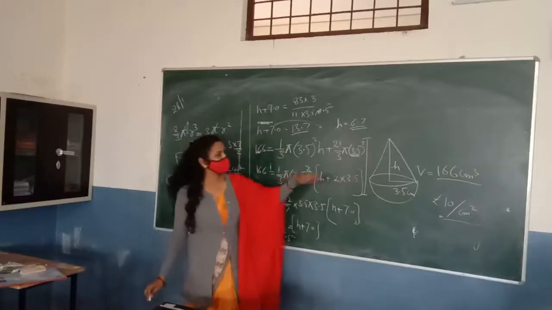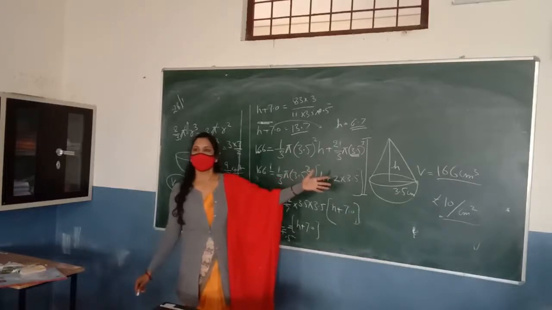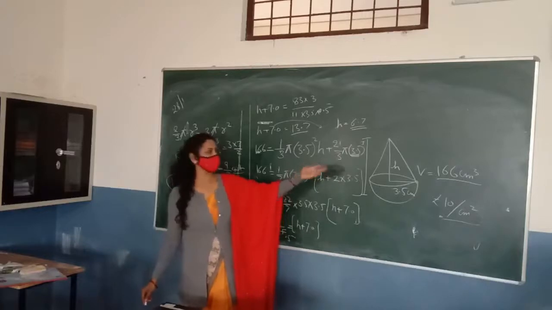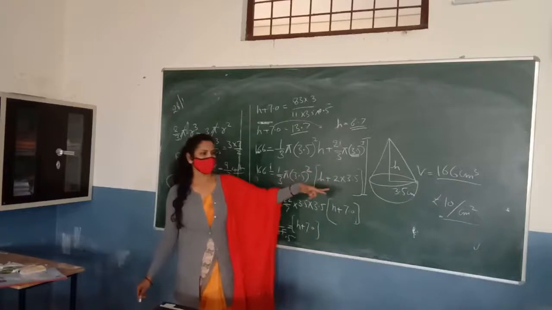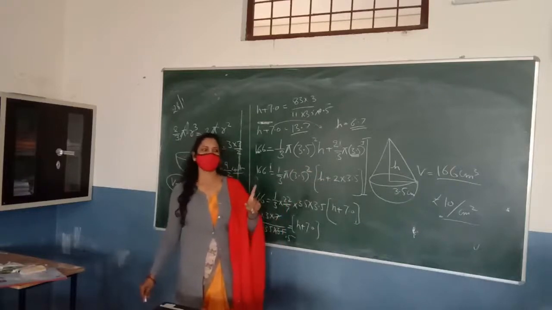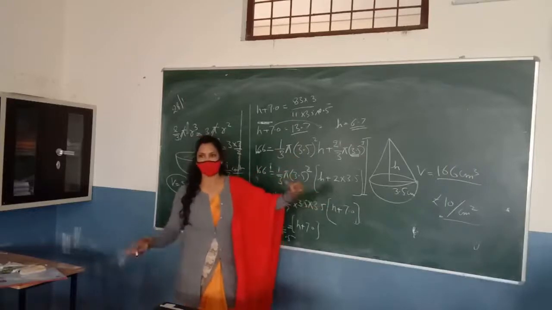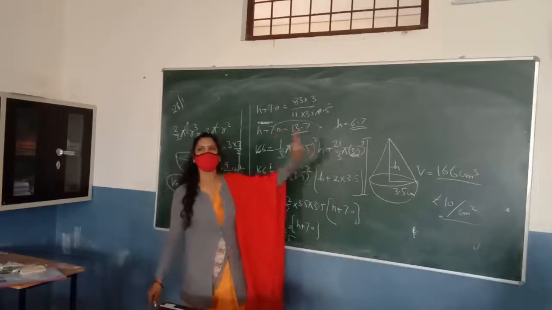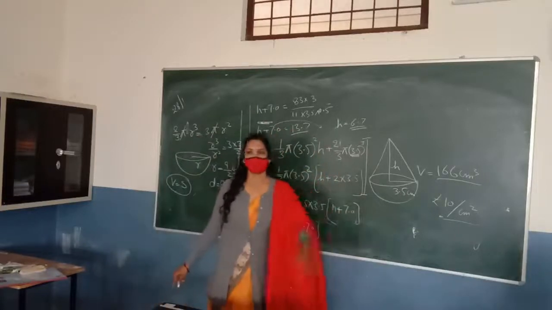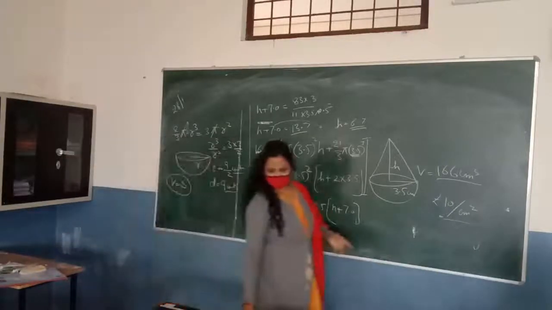Now you want to paint this toy. So what will you do? Yes, you will get the surface area of the figure. And what is the surface area of this figure? Surface area of cone plus surface area of hemisphere. This is the correct concept. By adding these values, we can find the surface area, and then we will multiply the surface area by rupees 10 to get the total cost. Okay. We'll continue in the next class.